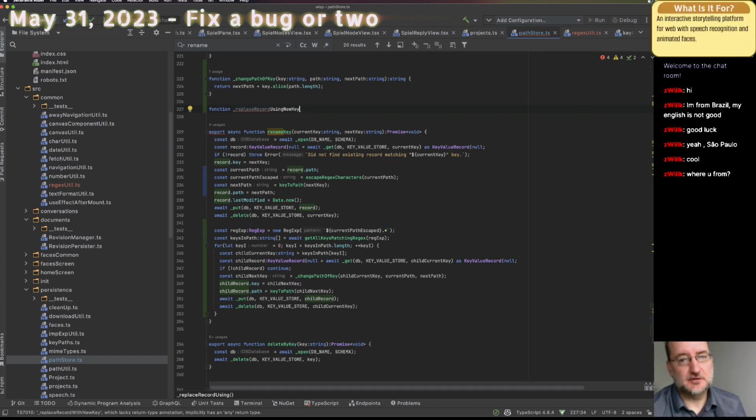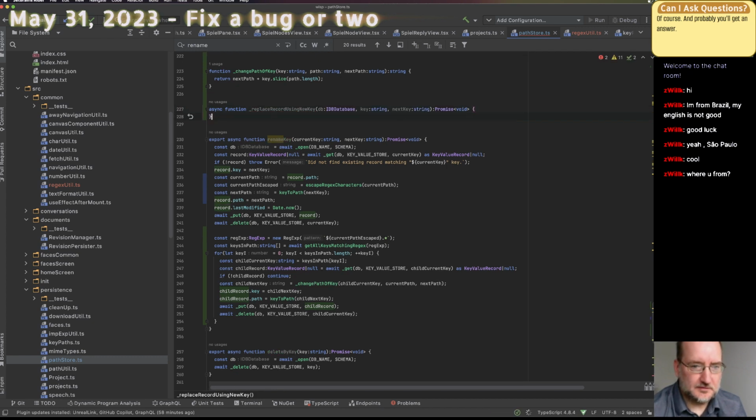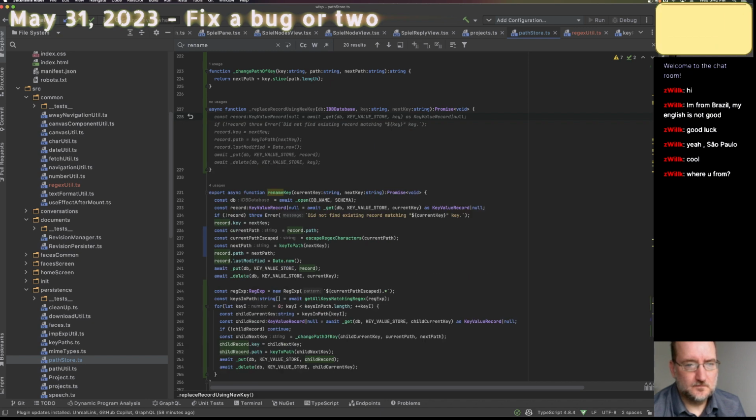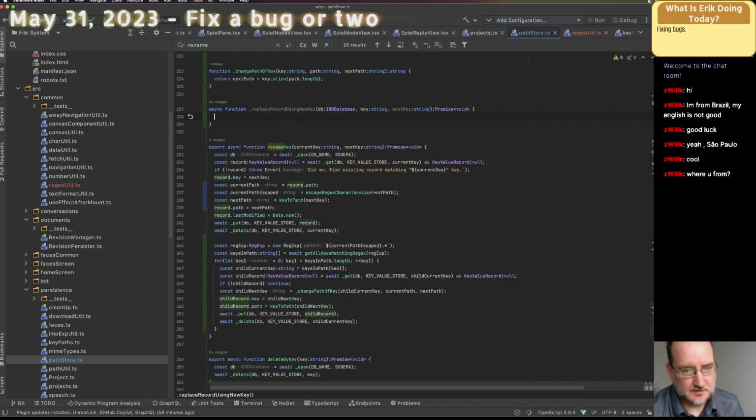Using new key. Okay, there we go. It's going to be an async function. Actually, it was right there. Hold on. Do your signature again. Yep, there we go.